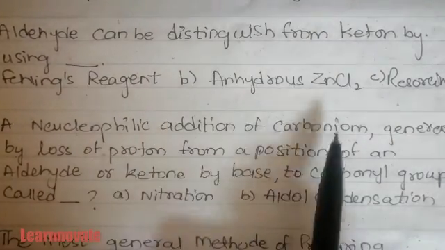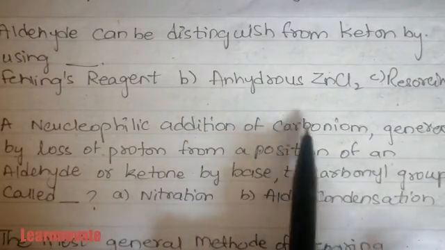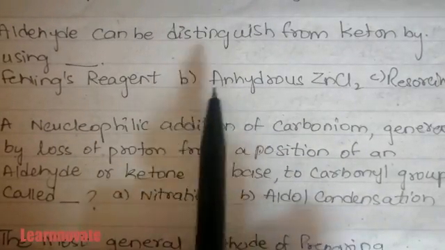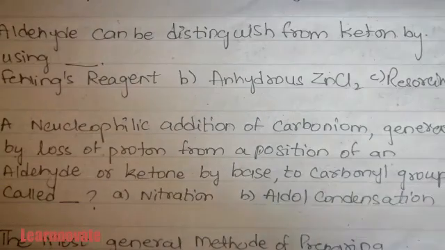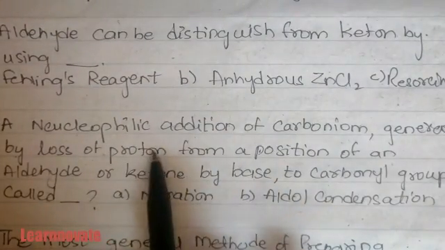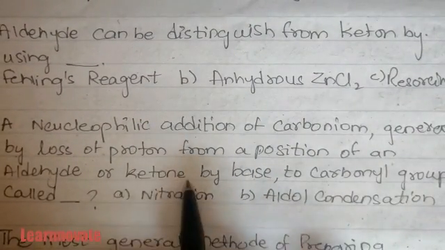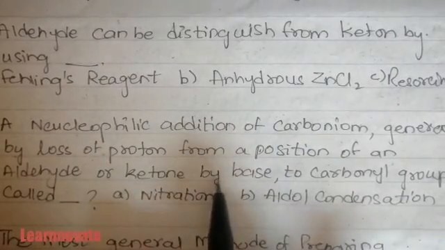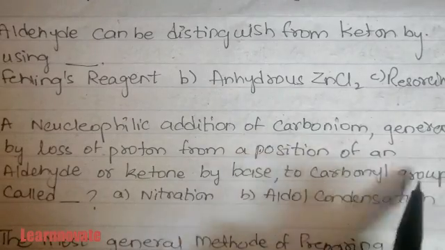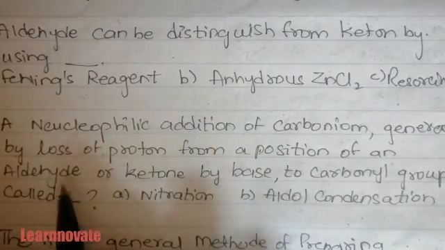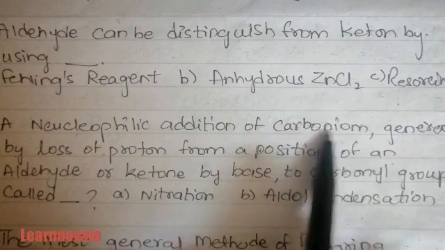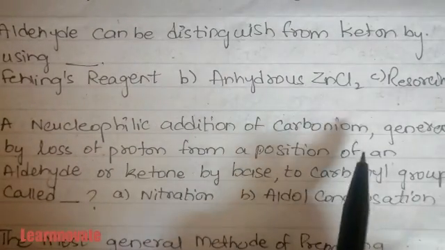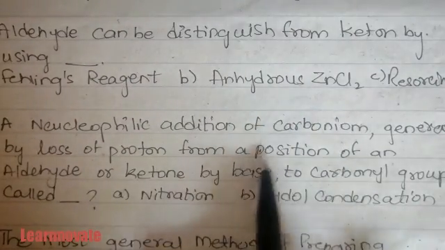A nucleophilic addition of carbonium ion. When you add the carbonium ion into a reaction, you add this carbonium as a nucleophilic part, it is a nucleophile, and this reaction occurs by the loss of proton from the position of an aldehyde or ketone by a base. From the aldehyde or ketone, there will be a loss of proton that is substituted by a base to the carbonyl group, and this proton is going to attach with the carbonyl group, because the carbonyl group or the carbonium ion is coming as a nucleophile. So it requires a position of proton and a positive charge, and that is substituted by the